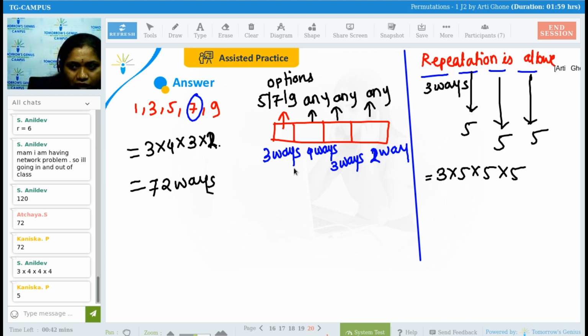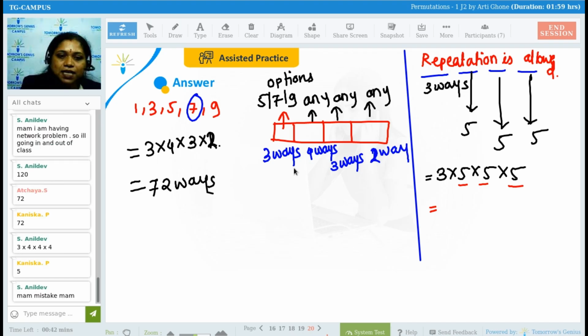This is an extra thing. Whenever repetition is allowed, the factors can be repeated. So whatever the answer, but the concept is clear. No, Anil Dev, it's 5, though we have fixed 7. Yes, it's okay, but got the concept now? Okay. So it is 5, 5, 5 only because all the digits are allowed to repeat. Okay. Now,